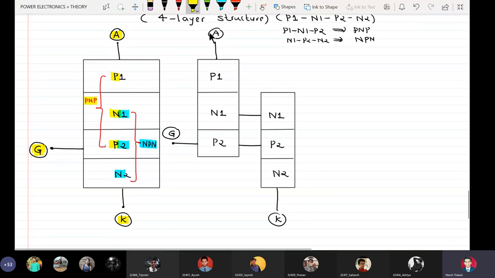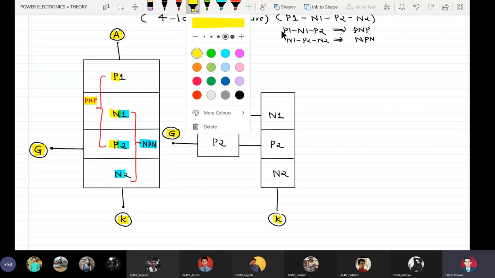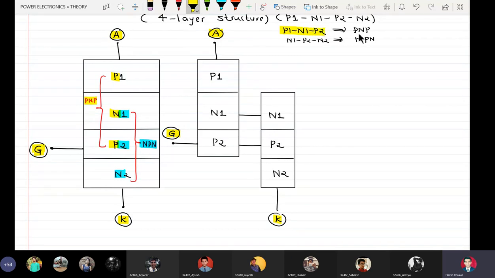Okay, so anode, cathode, gate. Now we are going to replace P1, N1, P2 with the symbol for a PNP transistor and also replace N1, P2 and